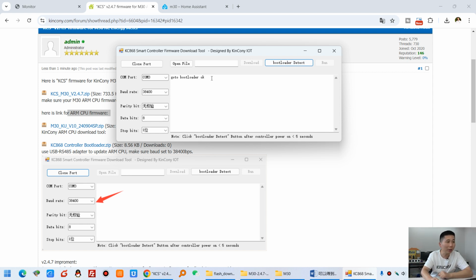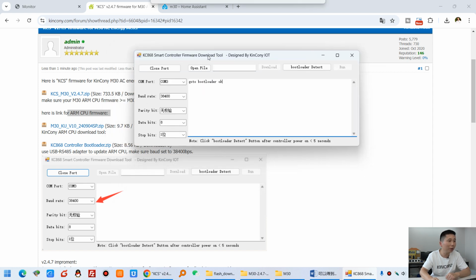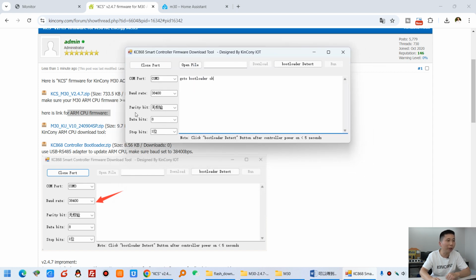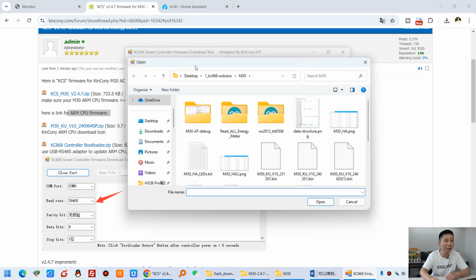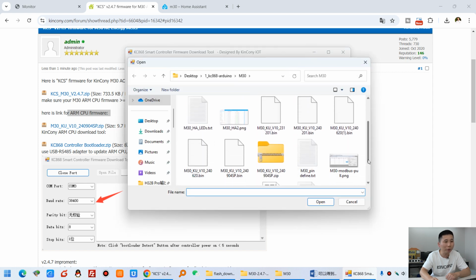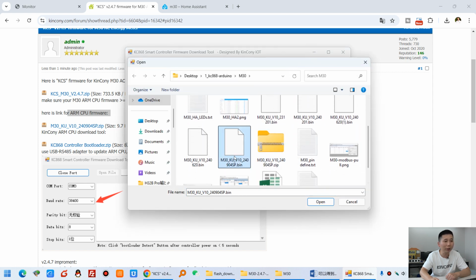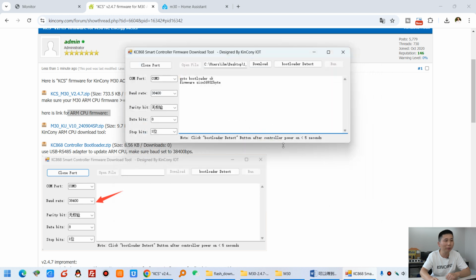So that you can see, go to bootloader. Okay, you need to press this button fast. And then you can open this file, just open this file you have downloaded. So you can see I can click open and choose this bin file I have already downloaded and press open